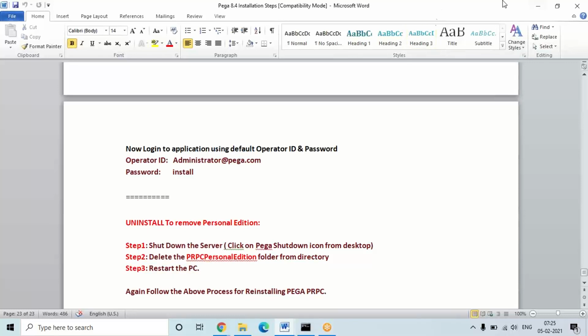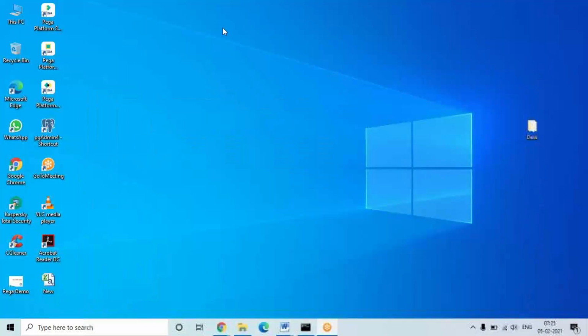The importance of these three icons: startup is to start the platform, and shutdown is for when you shut down your system every day. If you shut down by the end of the day, you compulsorily need to click on the shutdown icon. If you put the system in sleep or hibernate mode, there is no need to shut down every day.